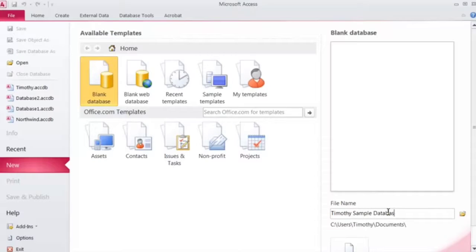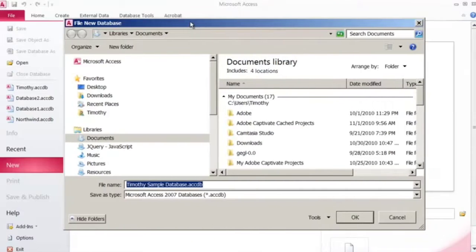And now click on the create button. A new database will be created along with an empty table. Okay, and a new tab, that is table tools, will now be visible on the title bar.